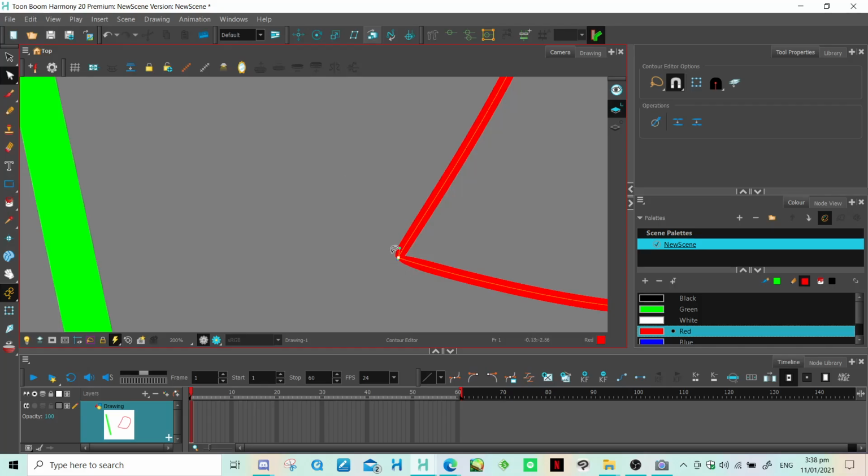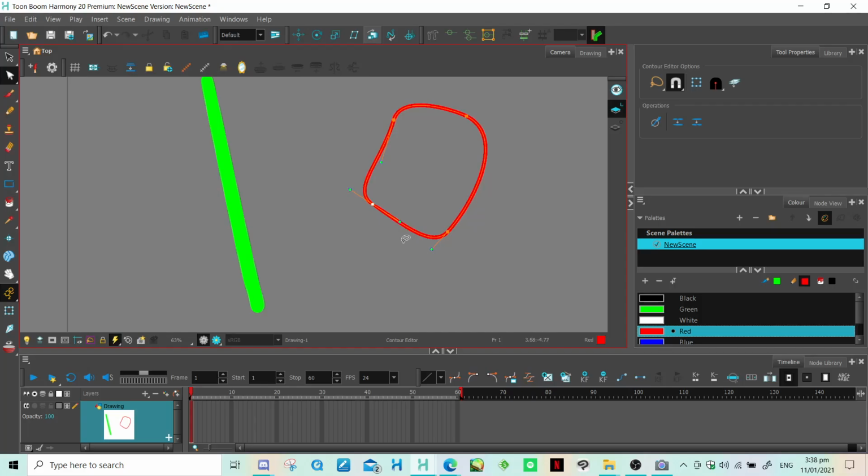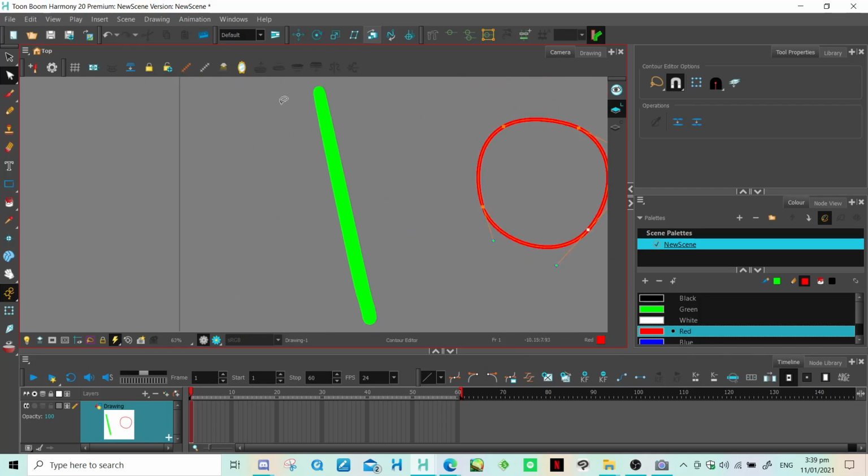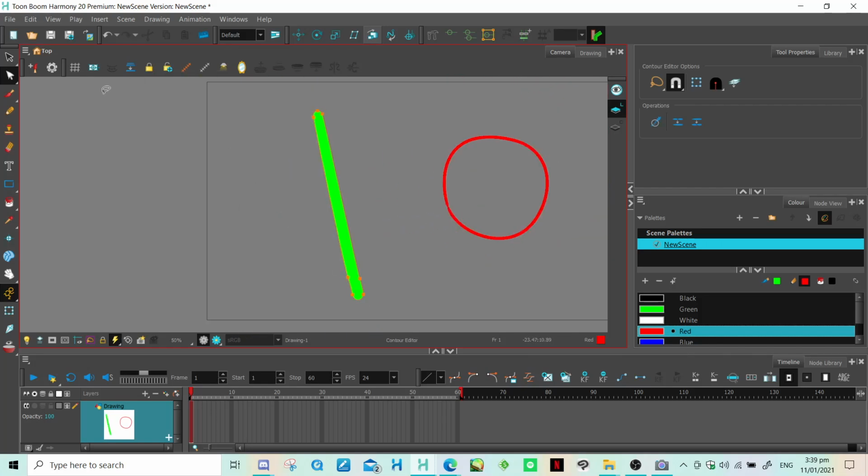And if you want this to be a rounded edge, just hold Alt and then drag out. You will get these little handles. And there you go, I made a circle. So that, of course, if I wanted to do this with the brush, I would not be able to using the contour editor. If I wanted, let's say I have this and I really want it to be a brush, and I want it to be kind of like a different shape, kind of like this, I can actually do that by, if I hold this,